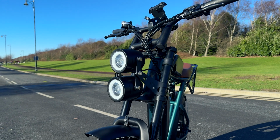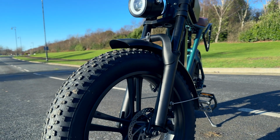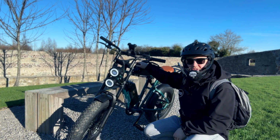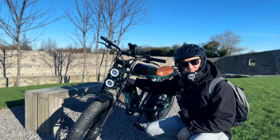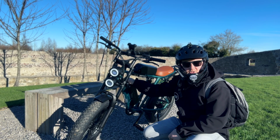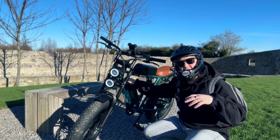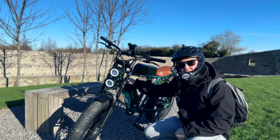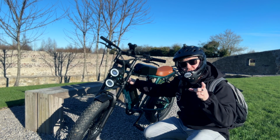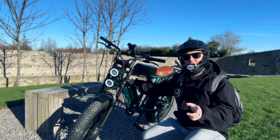Now this bike is actually kind of customizable. You've two options basically to choose from. You can just get the standard 48 volt 13 amp hour battery, which would be this one here, which would give you a range of up to 75 kilometers depending on what speed you're going or if you're using your legs or not. But if you want to get another battery, it's only an extra €200 give or take, which would give you a range of up to 150 kilometers. Not only that,